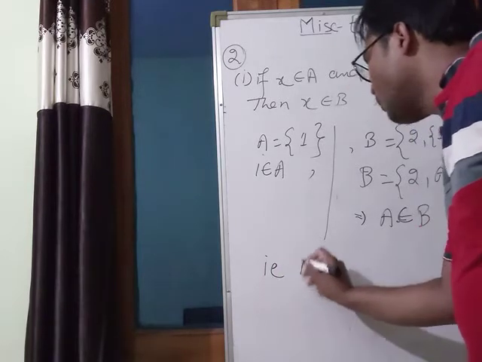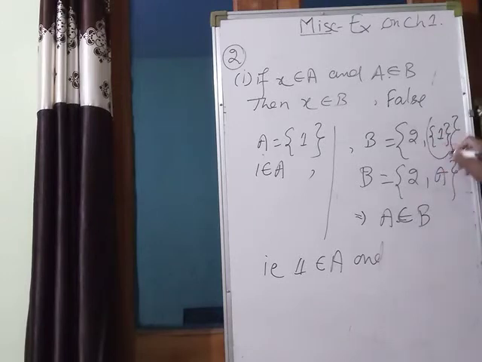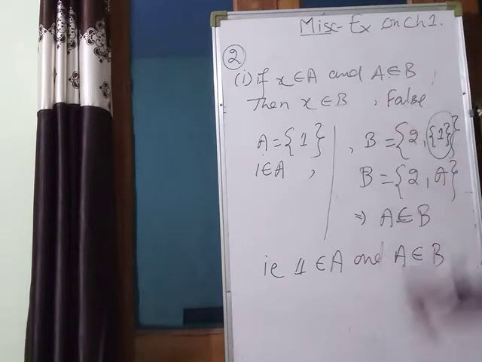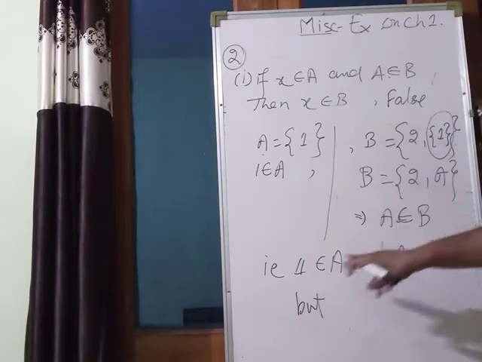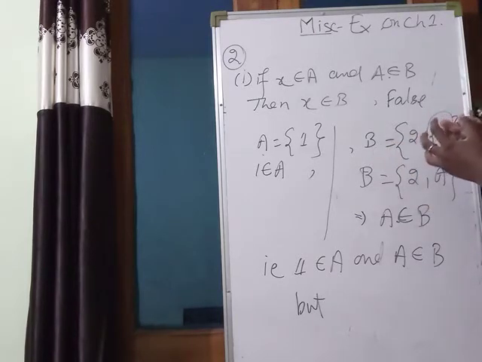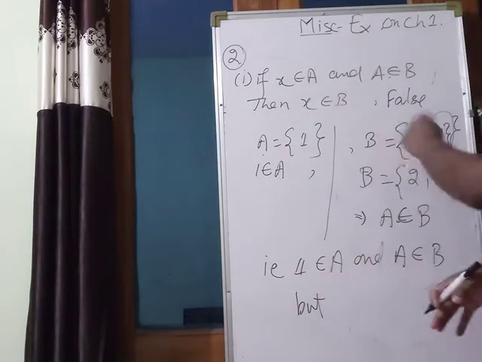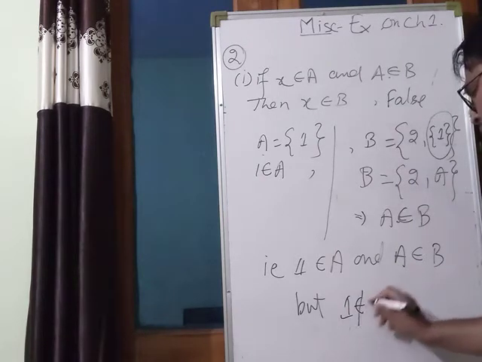That is 1 belongs to A and set A ये पूरा का पूरा set A है. आप देखो set A belongs to B, but you can see 1 इसमें B में सिर्फ 2 elements हैं. एक 2 और दूसरा set A. इसमें 1 नहीं है. ये 1 does not belongs to B. The singleton set which contains an element 1 that belongs to B. So 1 does not, but 1 does not belongs to B.